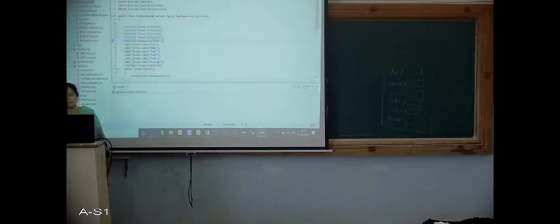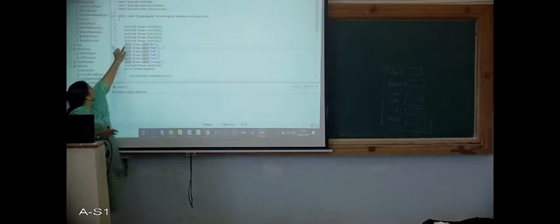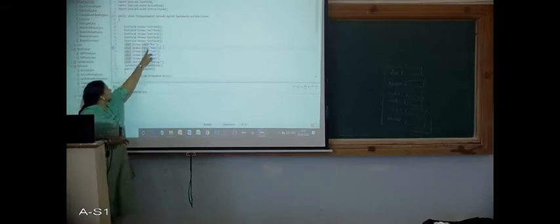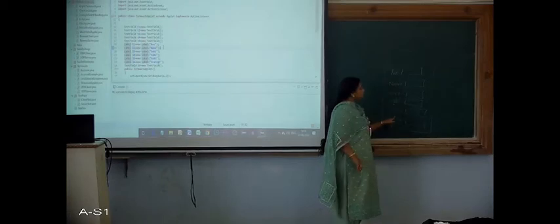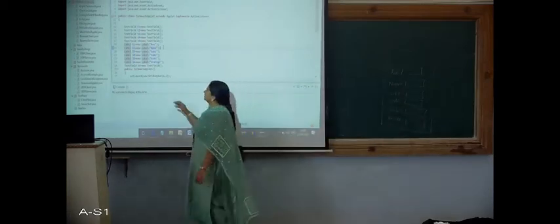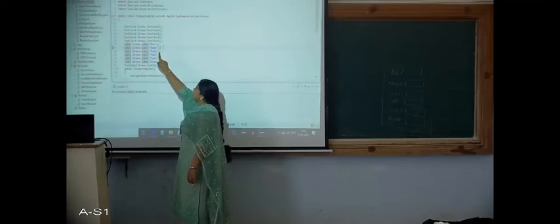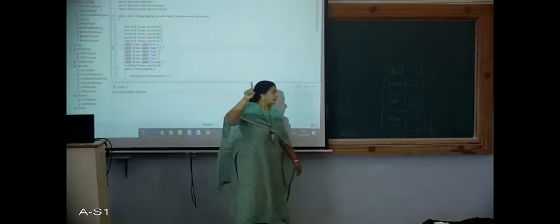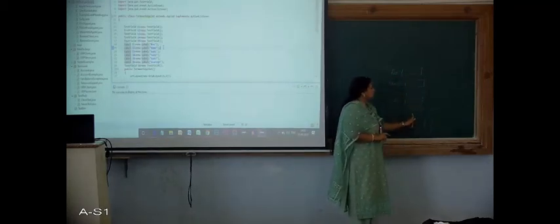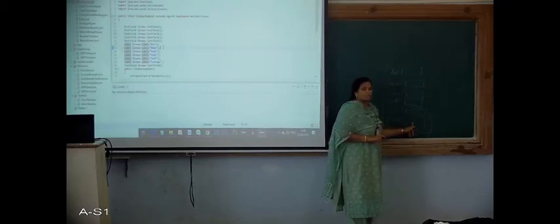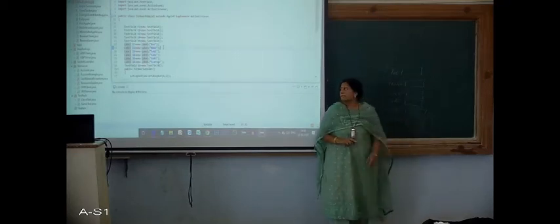In a similar fashion, we have to create the labels also. To create the labels, we have to use the label class. You can observe that here I have written Label L1 equals new Label, and whatever labels we want to provide here, these text should be provided as a parameter. Those text fields T1, T2, T3, T4, T5 are for these particular text boxes. So we require one more, T6, over here to print the result, right?